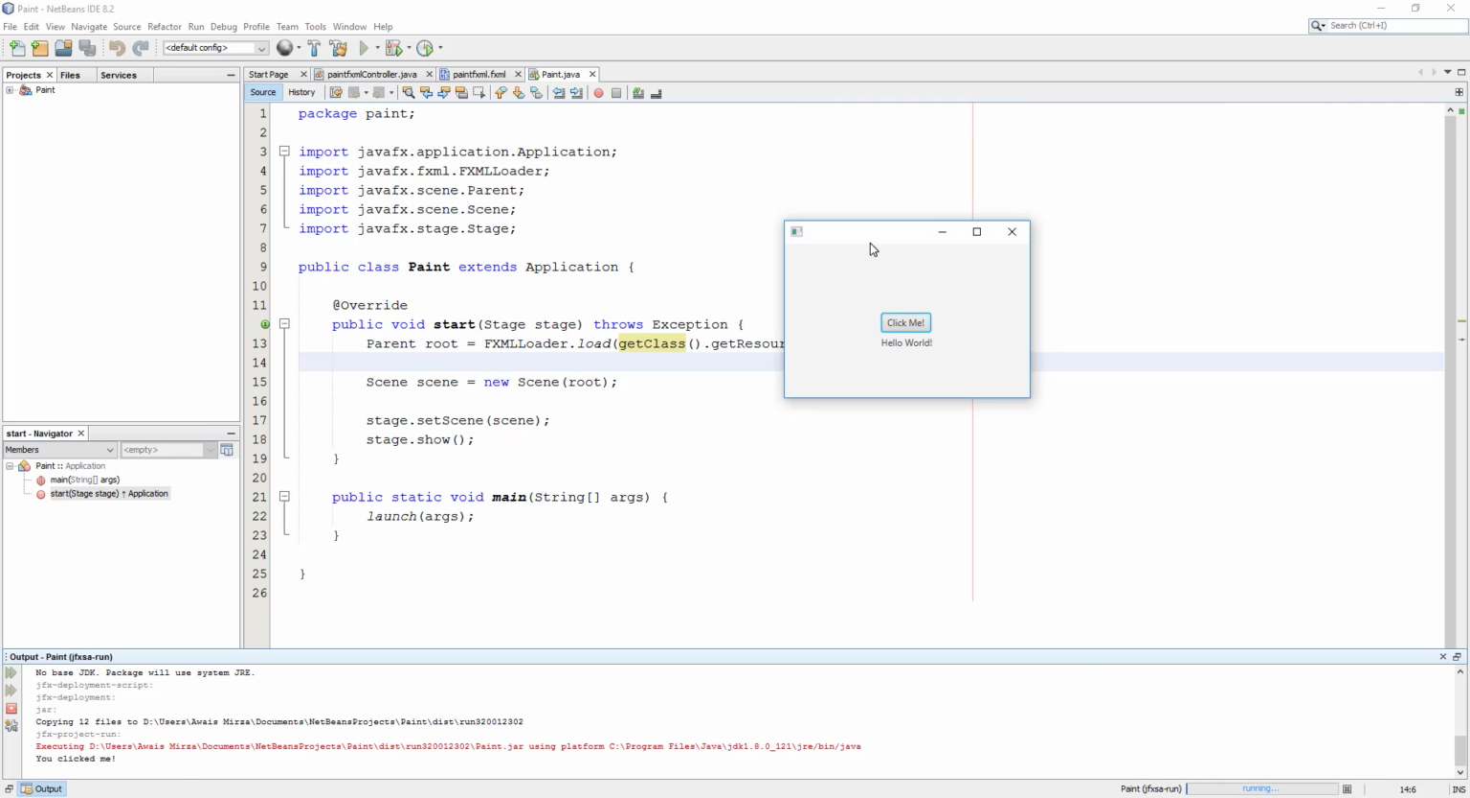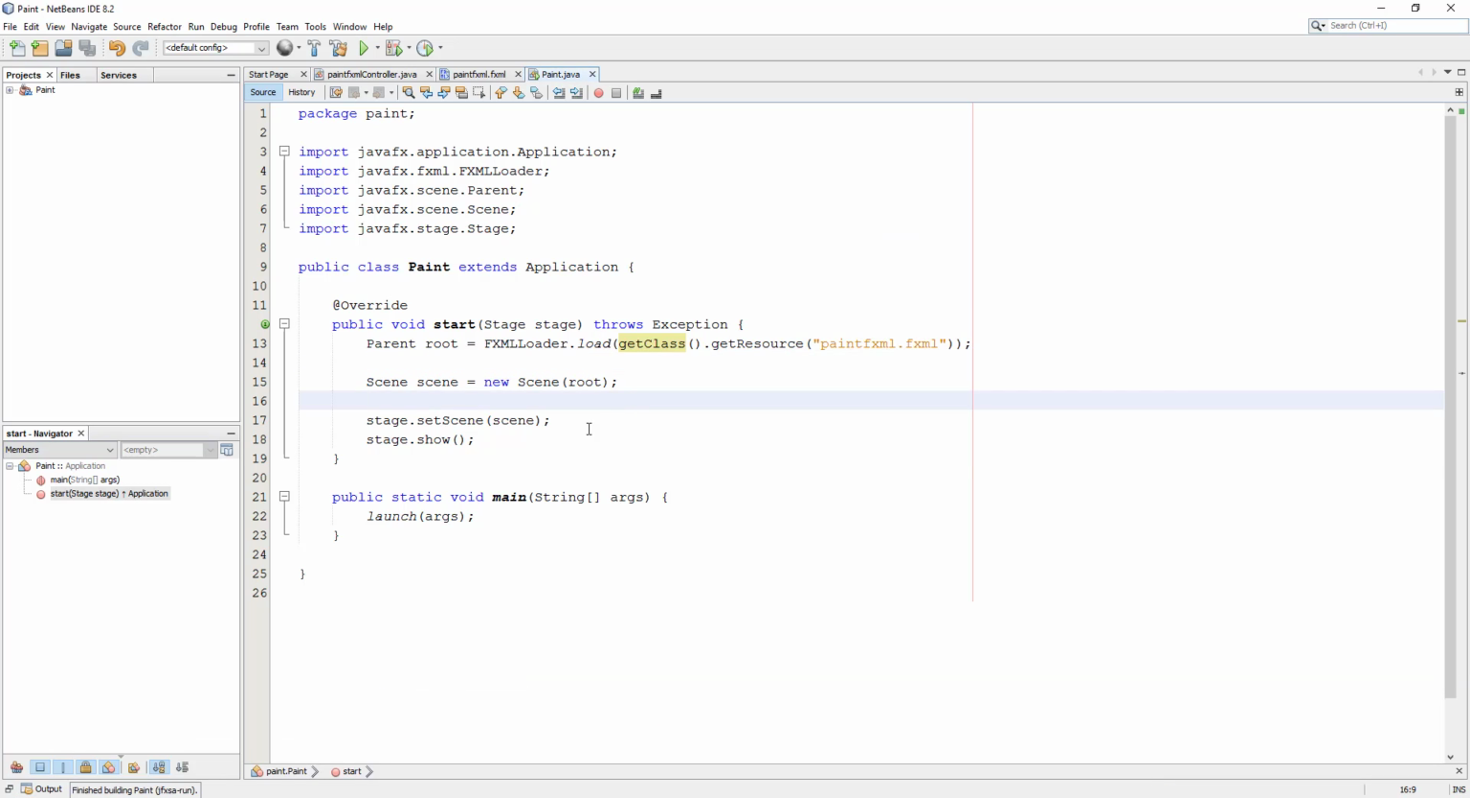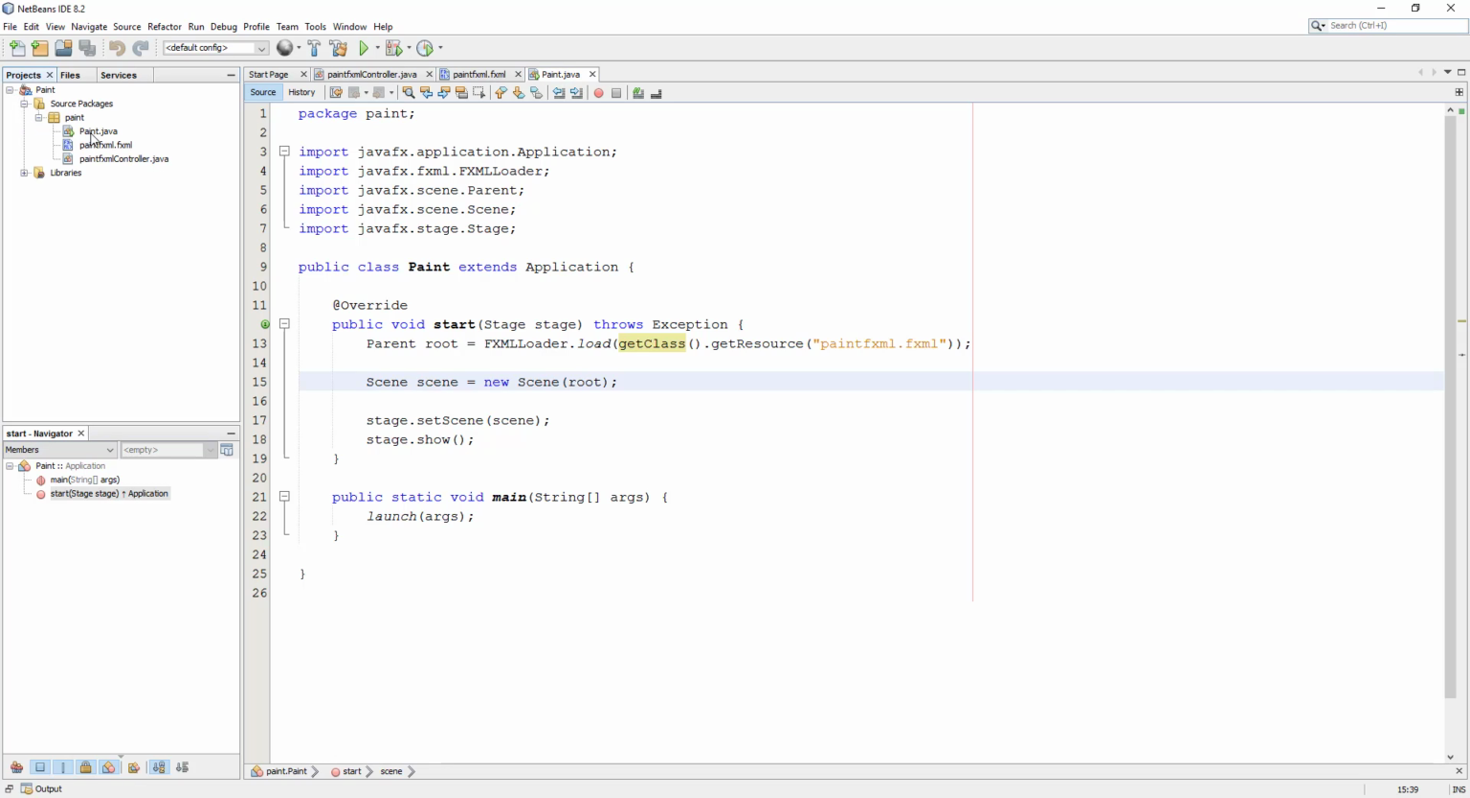Now we need to get rid of these things. We are using the MVC pattern, which stands for model view controller. So anything graphical we have in our project will be done by an FXML file. So this is the paint fxml.fxml file. I'm going to go to the project browser, open the source package, and here we have three files. We have the FXML file, we have the FXML controller file, we have the paint file, which is right now